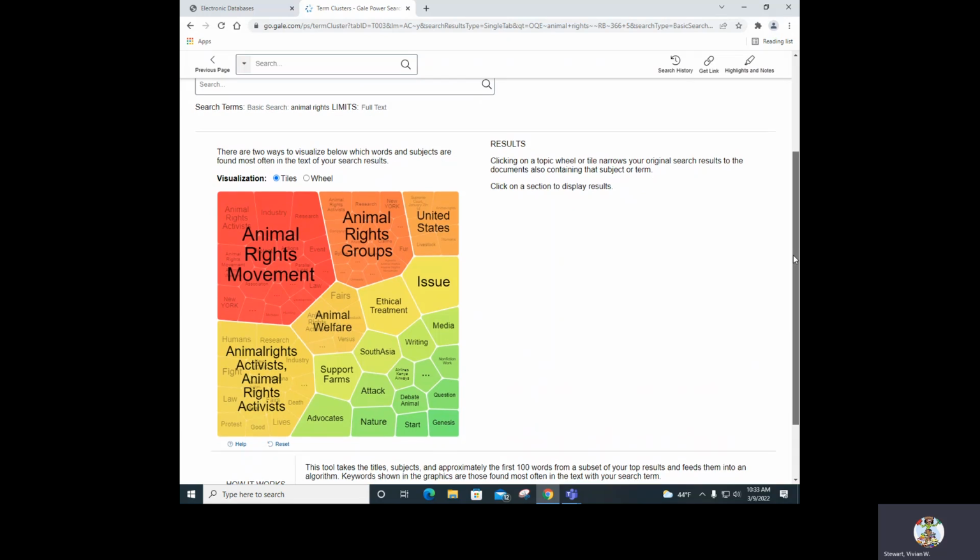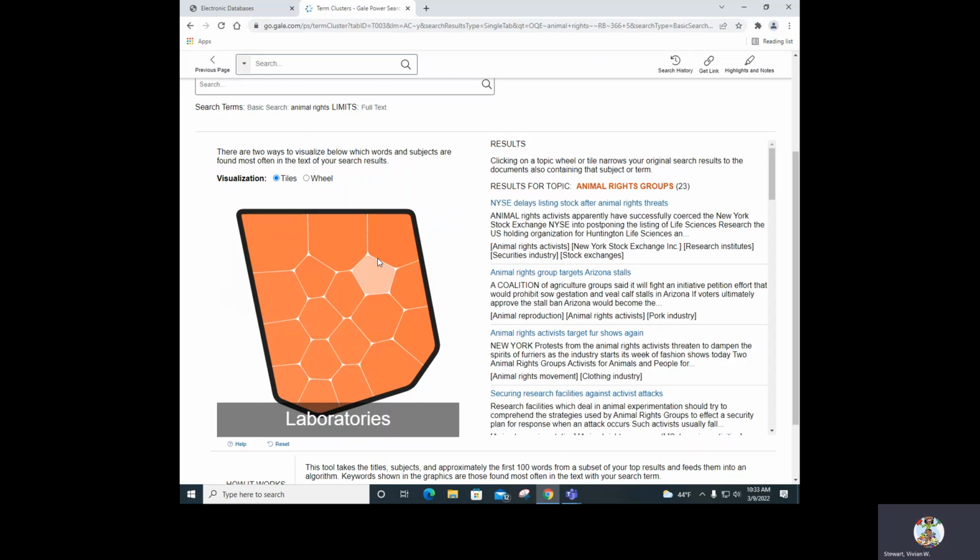So, when it comes to the towel, remember, I was talking about animal rights. The thing that most occurs is information on the animal rights movement, followed by animal rights groups, United States. And then as it gets smaller, these are the ones that are very specific. So what I could do is simply click on, let's say, animal rights groups.